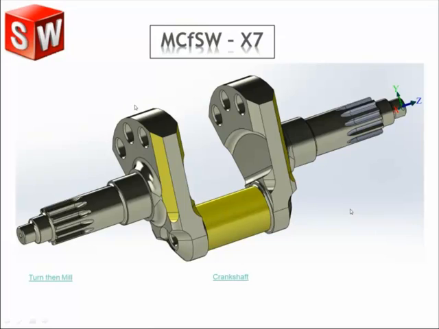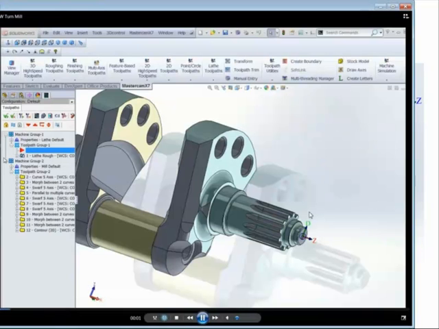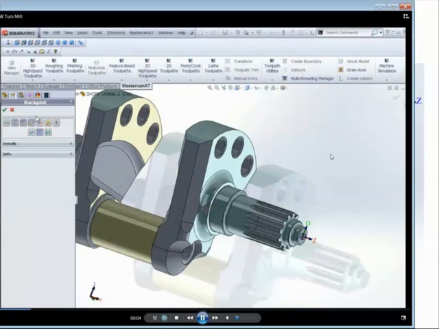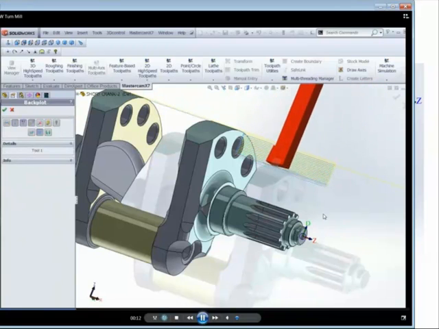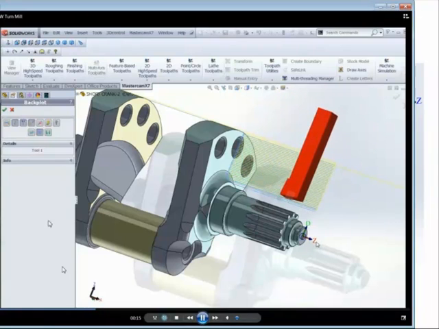This is the Mastercam for SolidWorks part that we just did. It gives you an ability to do turning and milling in the same environment. So this is Mastercam running inside Mastercam for SolidWorks. Inside SolidWorks, we create a turning toolpath, and you can see in this one we have a DZ coordinate system